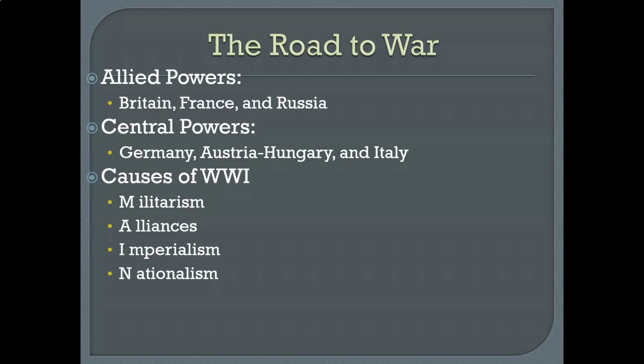Germany. The second part here, alliances, that's pretty self-explanatory, but you essentially had two camps created between around about 1870 to 1914, the Triple Alliance, as I mentioned, and the Triple Entente, and essentially, that's going to lead to what starts the war more so than I feel like any other point.